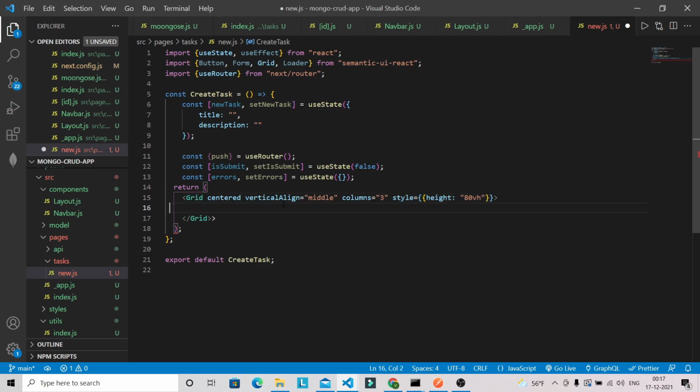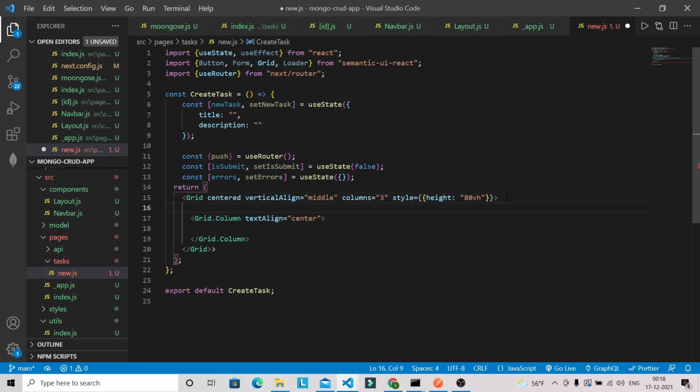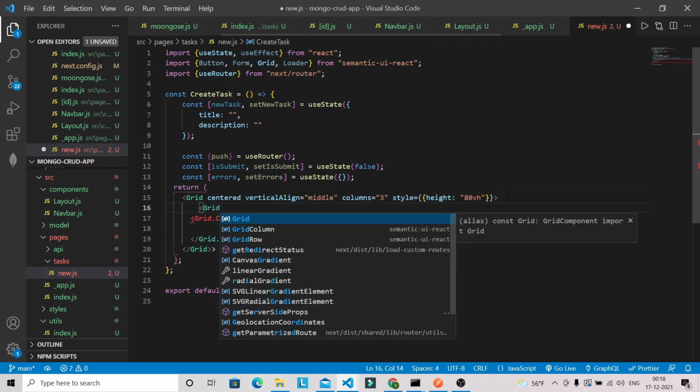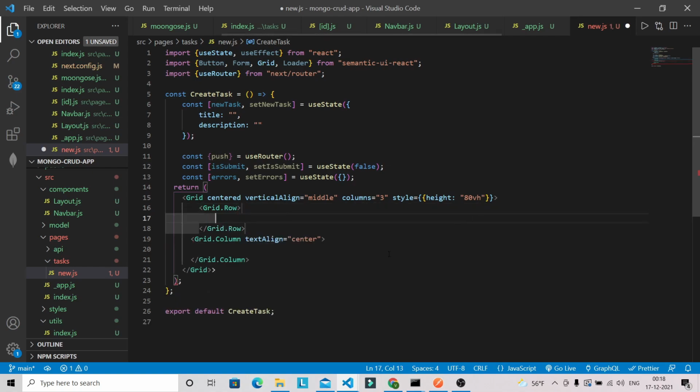and inside this Grid we are going to have Grid.Column. So this grid column is going to be textAlign center. And we need to put this grid column inside the Grid.Row. So Grid.Row, and inside this we're gonna have our Grid.Column.